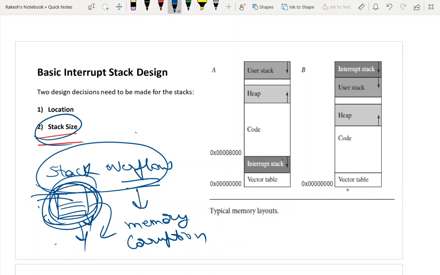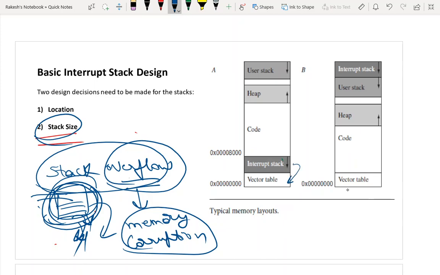Because whatever memory space you have allotted, you just assume, for a single interrupt handler, maybe a non-nested interrupt handler, this much memory space is required. But unfortunately, the memory space that you had allotted was not sufficient. So it results in the stack overflow, and the stack overflow will result in memory corruption, because it is going to enter into the next region. As you can see, when the interrupt stack is over, it is going to enter into the vector table, so that will corrupt whatever address you have here. For example, in this case, the interrupt stack may corrupt the user stack. These are the kinds of things that can happen whenever a stack overflow occurs.